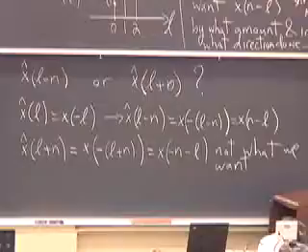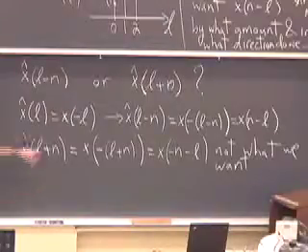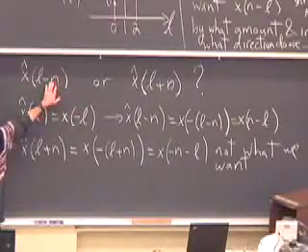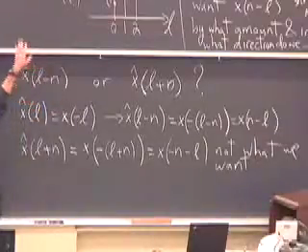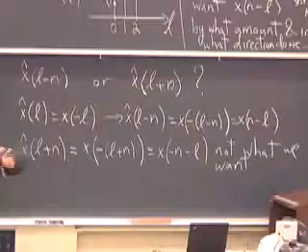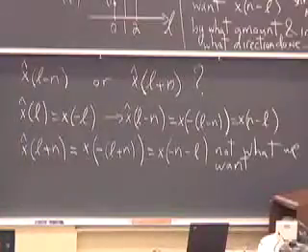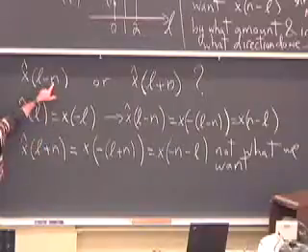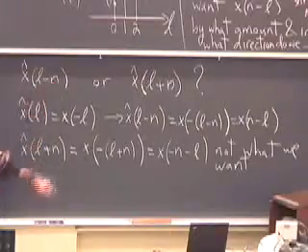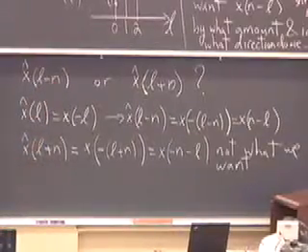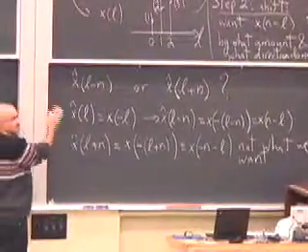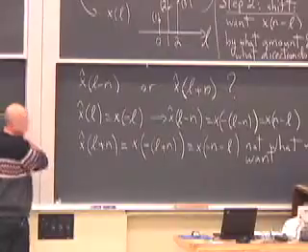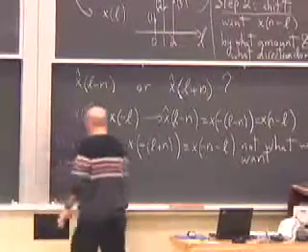Okay? So now we consider the two cases, n greater than 0 and n less than 0. You started off with x. You flipped it, time reversed it. If n is greater than 0, what are you doing to the flipped version? Are you delaying x hat or advancing x hat? Delaying x hat. So for n greater than 0,